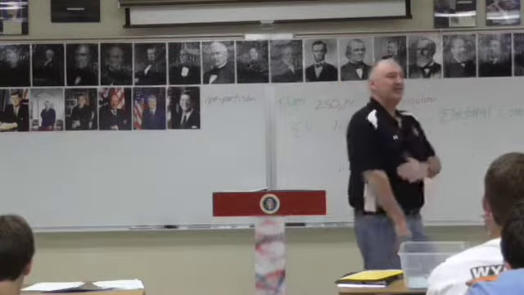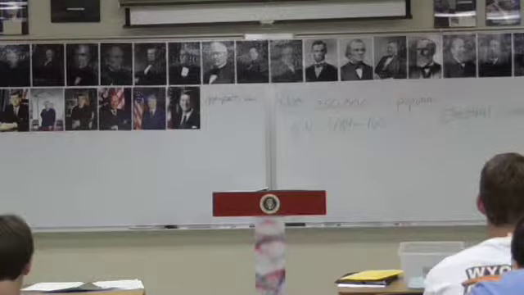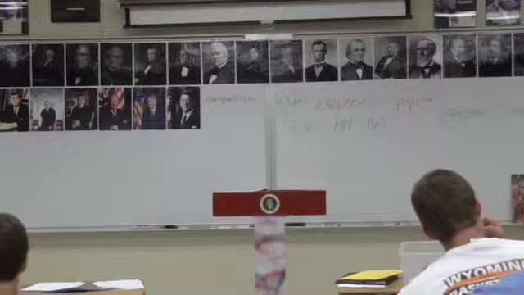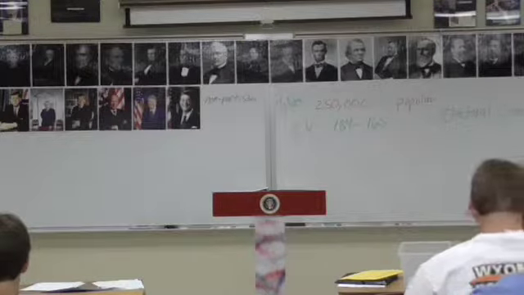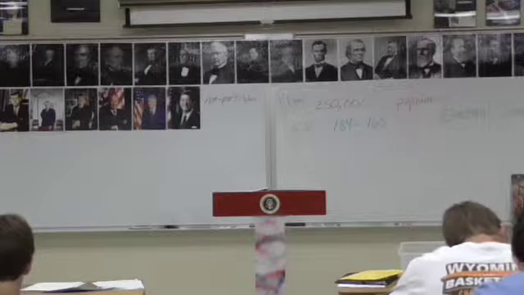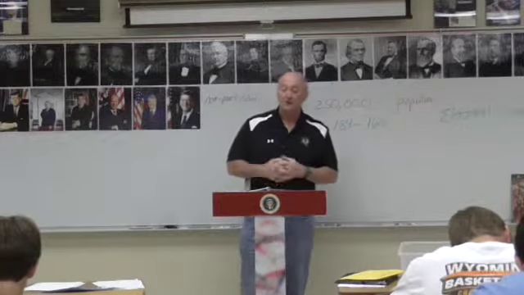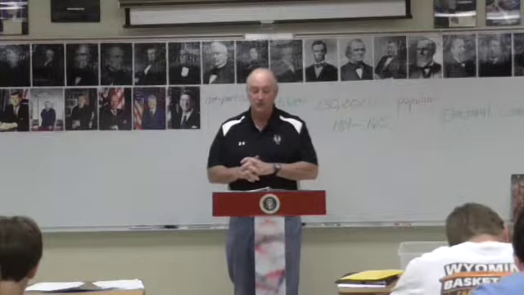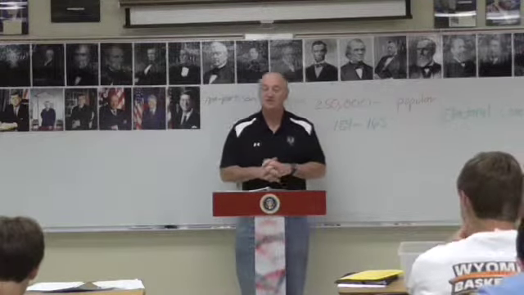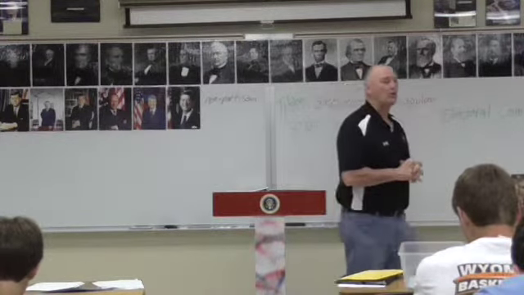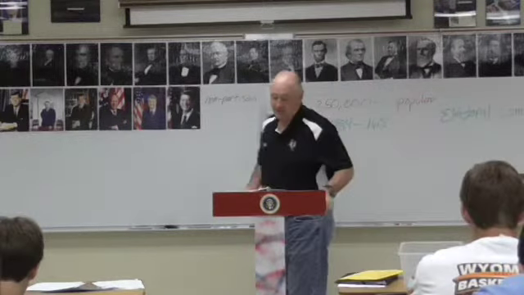Now, think about the South after the Civil War. What kind of shape were they in? Bad. What might be something the South really would want done across the South but couldn't afford to do it? Railroads. Wanted a railroad. So the third agreement was that the federal government would build a railroad at their expense across the South. So, Rutherford B. Hayes was given the presidency in exchange for 1, all federal troops located in the South would be withdrawn. 2, President Hayes would appoint a fair share of Southerners into his presidential cabinet. And 3, the North would agree to build and finance a railroad across the South. Those were the 3 things.